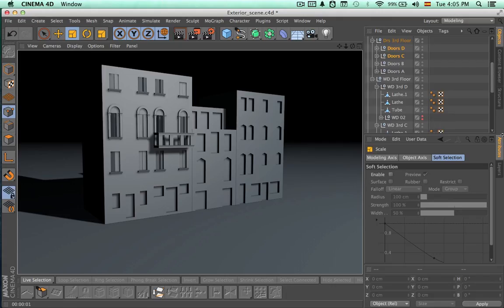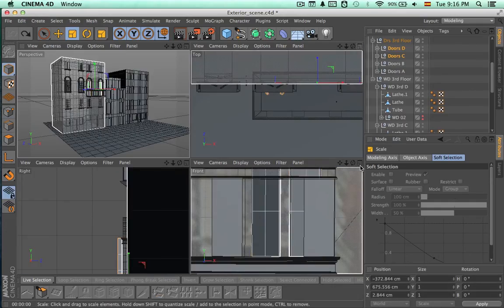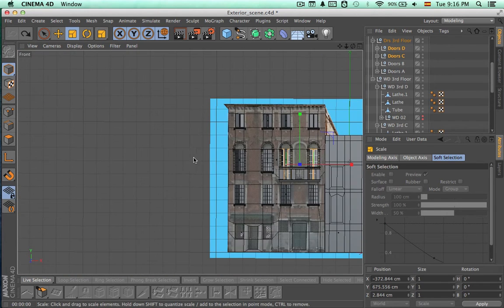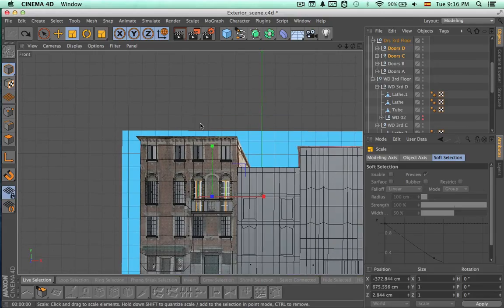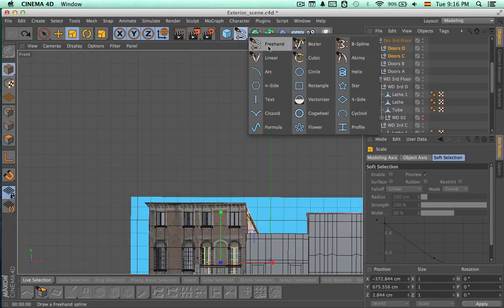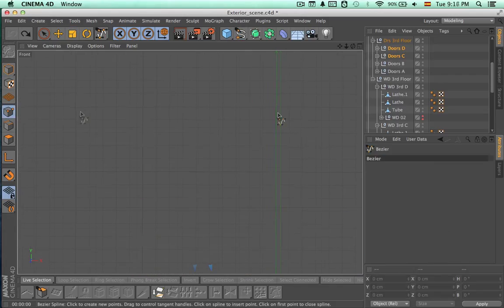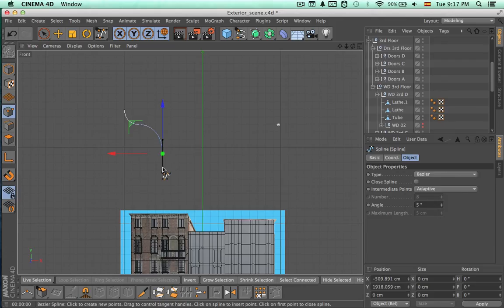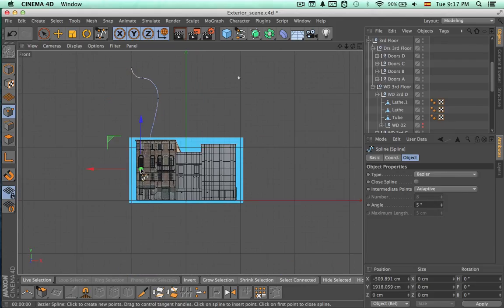So now we can continue modeling the rest of the balcony, and for that we're going to come to the front view, and we're just going to make a new spline. So let's use the Bezier tool again, and we're just going to make a shape like this and just click and drag. So just continue, and at this point we're just half through,